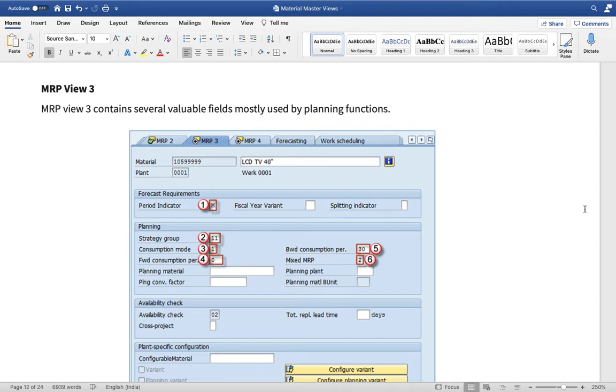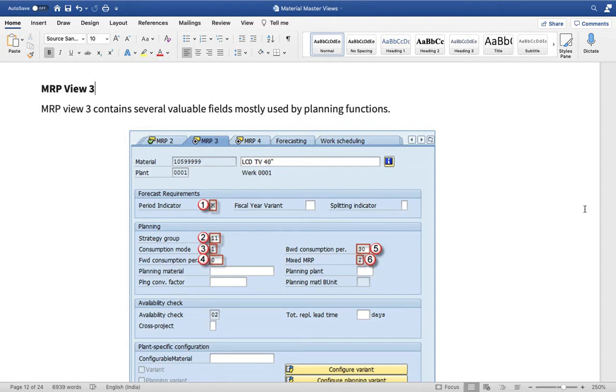MRP view 3 is actually used for the purpose of the FICO module. Previously, MRP 1 was for the production planning module, MRP 2 was for the module, and MRP view 3 is for the FICO module.